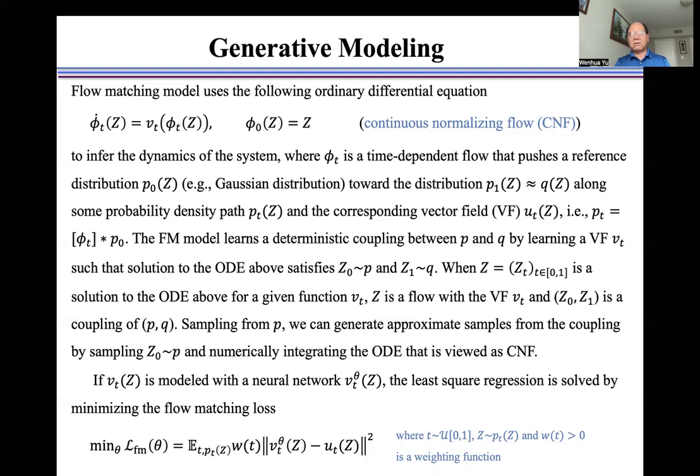Sampling from P, we can generate approximate samples from the coupling by sampling Z0 from P and numerically integrating the ordinary differential equation that is viewed as a continuous normalizing flow. If Vt is modeled with a neural network Vt theta, the least square regression is solved by minimizing the flow matching loss as shown here, where t is sampled from a uniform distribution U, Z is sampled from Pt,